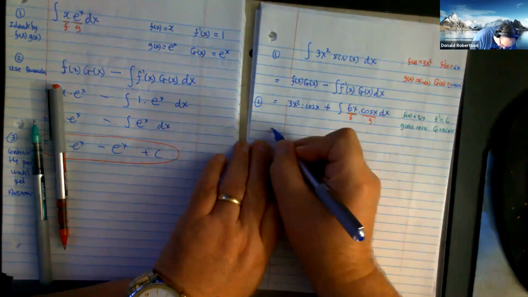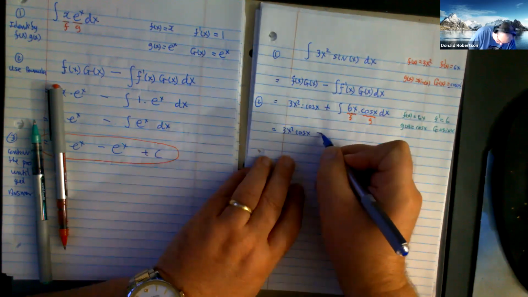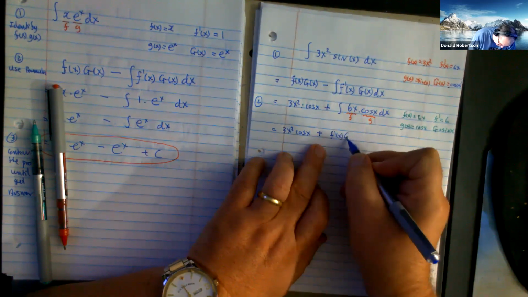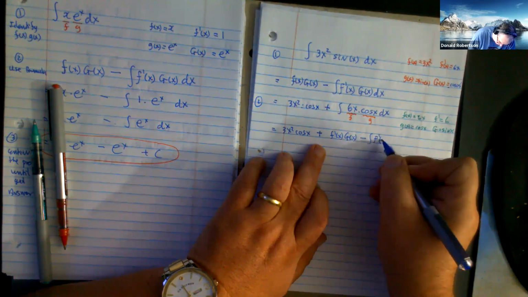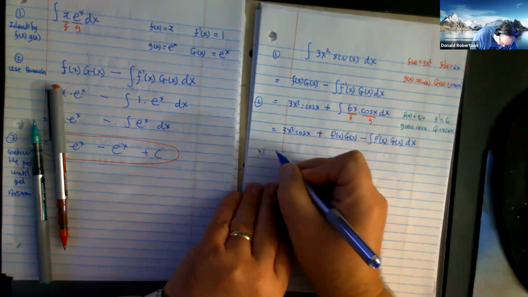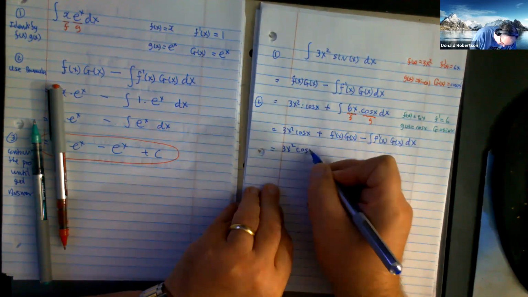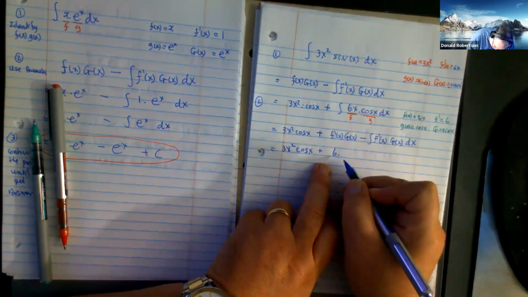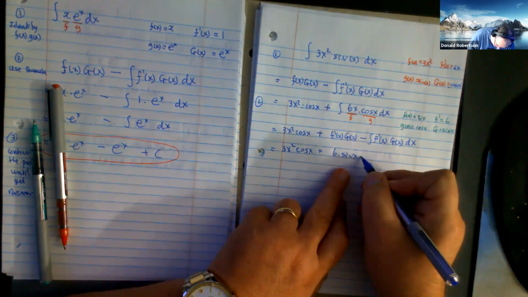So we've got 3x squared cosine x plus an f dashed x, capital G of x, take away the integral of an f dashed x, capital G of x, dx. And I'm probably putting in more lines than you need, but these are kind of templates for doing the question. So it's 6 times sine x, take away